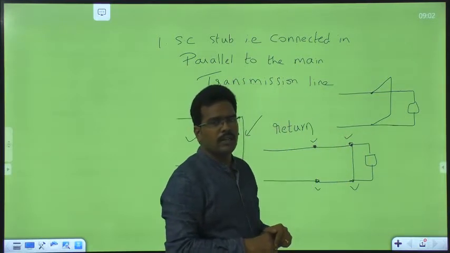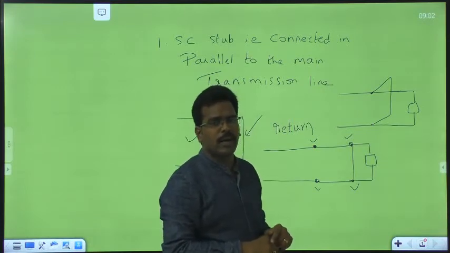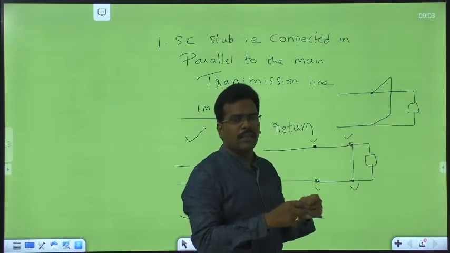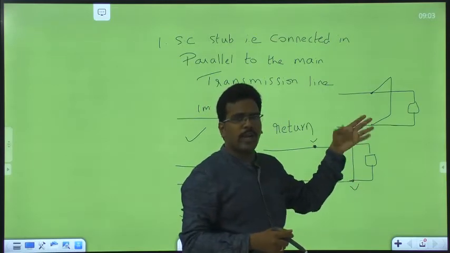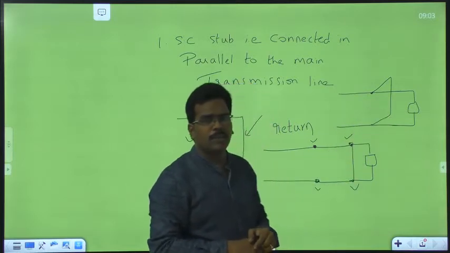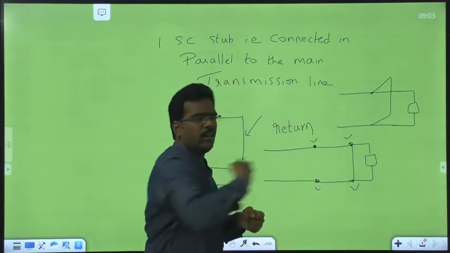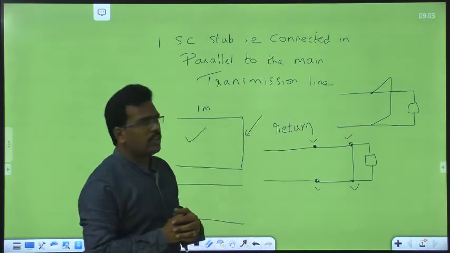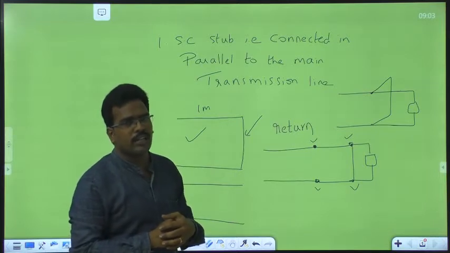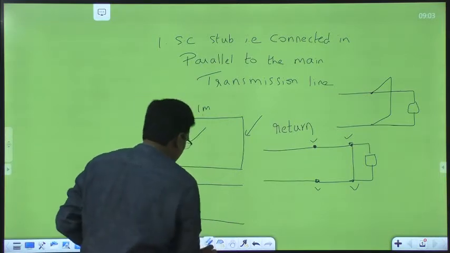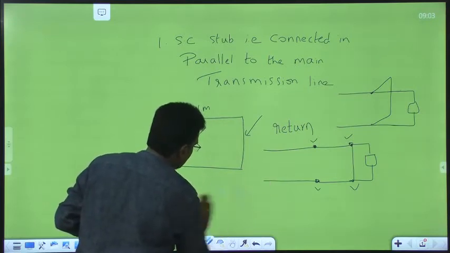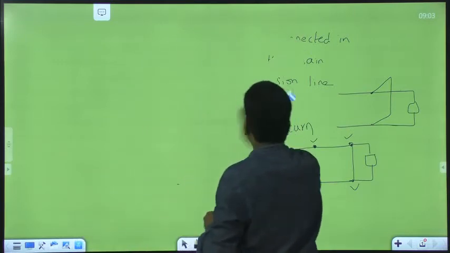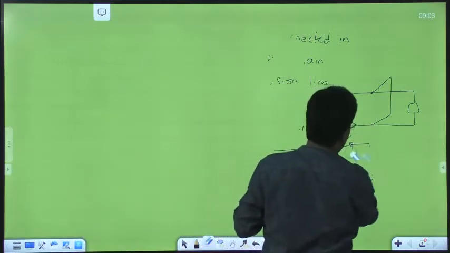matching purpose. Generally for impedance matching, we have to change 2 things: the location of the stub, and also the length of the stub. So with the help of some screw arrangement, in case of parallel stubs, you can change either the location or the length easily. That's the reason why we prefer short circuited stubs in parallel to the main transmission line. Now we'll discuss how to do impedance matching with the help of these short circuited stubs that are connected in parallel to the main transmission line.